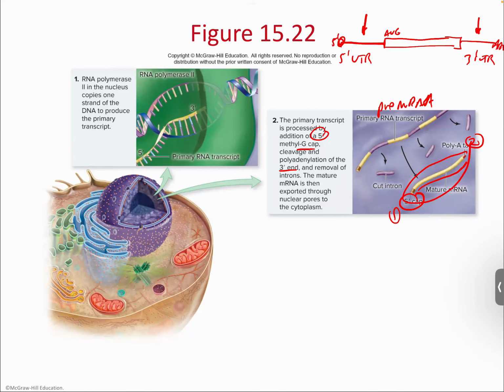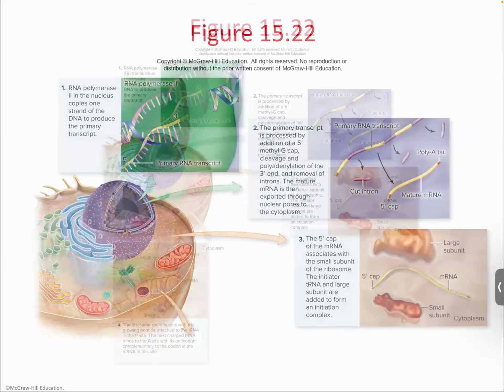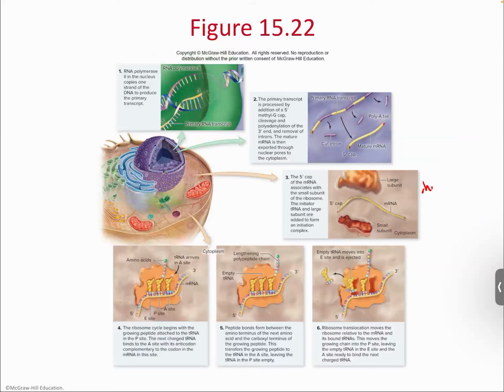So once we process it, and it's spliced out, we've got an open reading frame. So there's our stop codon there. Then we have to transport it out of the nucleus, where we're going to assemble it into a ribosome. So that's our initiation. Right, and so then once we get to initiation,